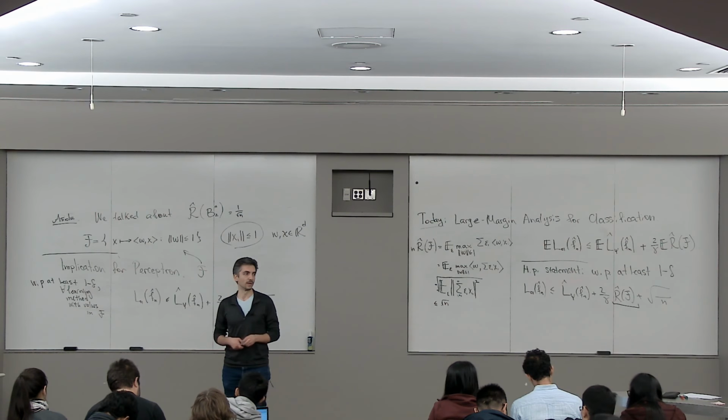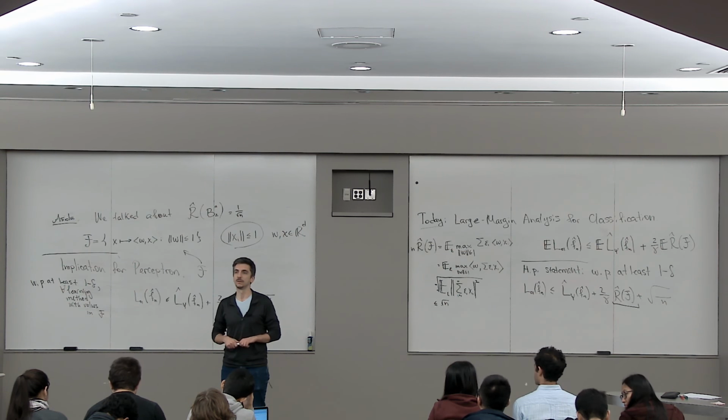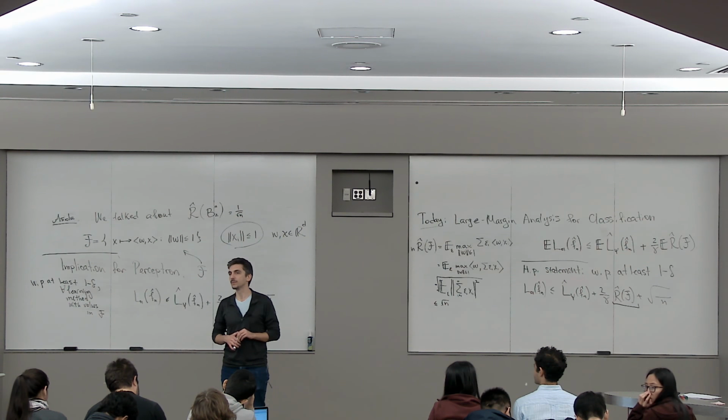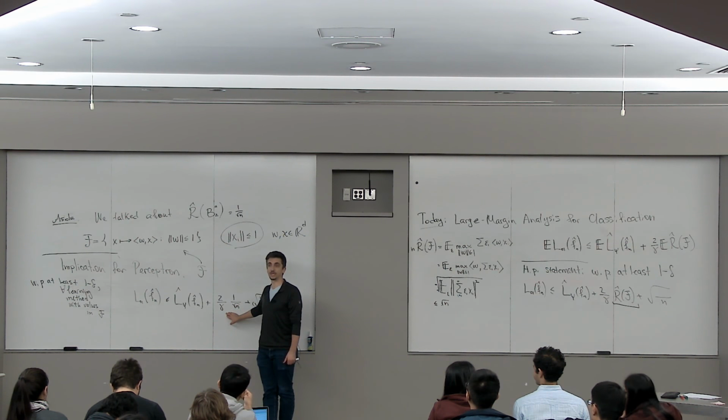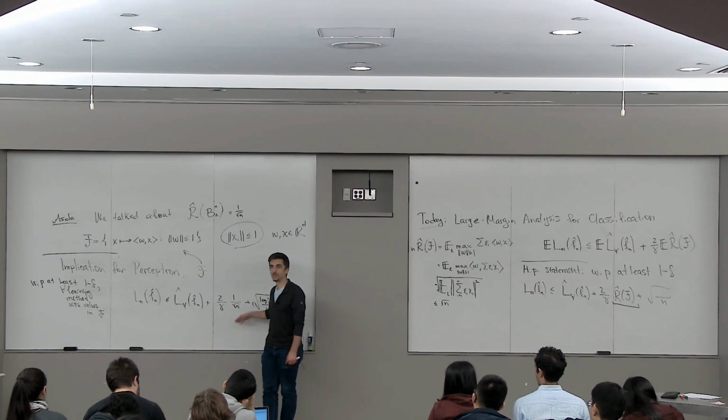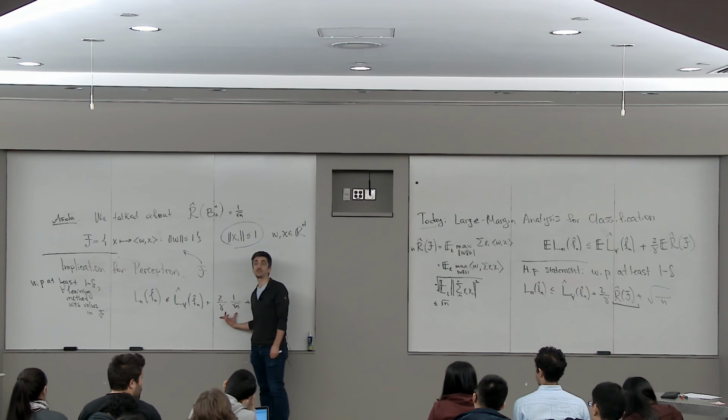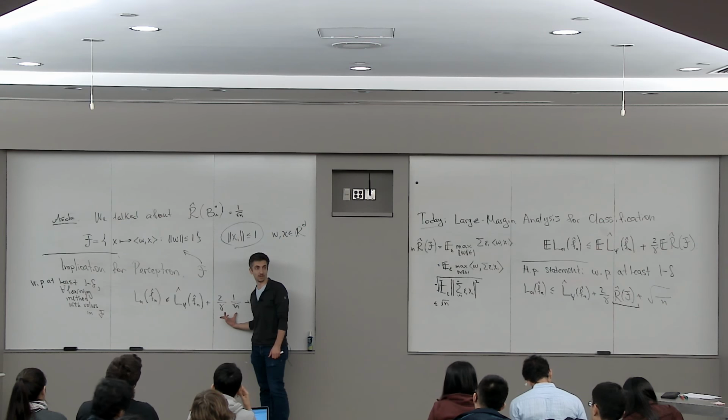What was the result we had for the final hyperplane? Yes. In fact, it was 1 over gamma squared, because that's the number of mistakes. If you remember how we got that result, it's 1 over gamma squared and 1 over n. So in some sense, it was twice faster than what we've got here.